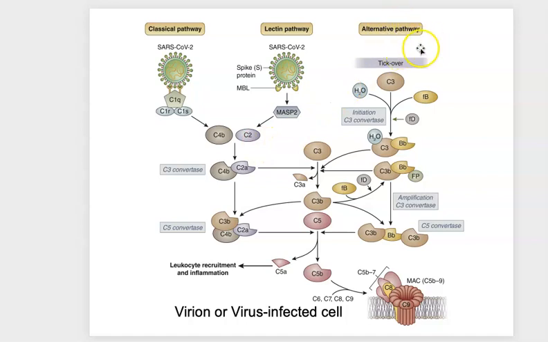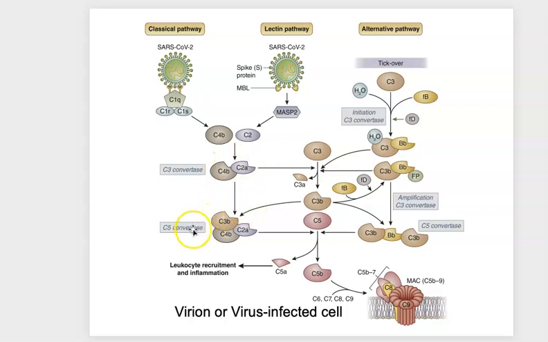And lastly, the alternative pathway is considered a tick-over event in which C3 is hydrolyzed ultimately into C3b, but C3 here has to bind to factor B and then factor D, and basically factor B here is cleaved by factor D, and in turn this complex forms the C3 convertase as well. And so in this process of forming C3 convertase, the C3 convertase can then cut C3 into C3a, the chemoattractant, and even more C3b. And so then C3b can interact with C4b and C2a, basically the C3 convertase, to form